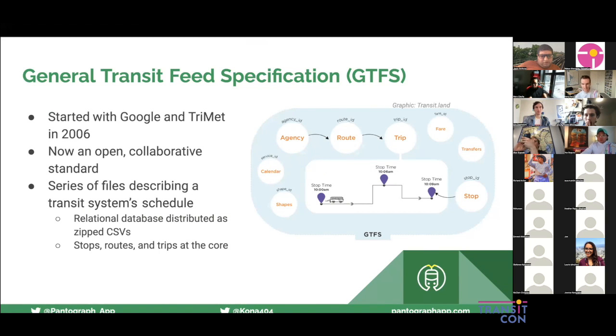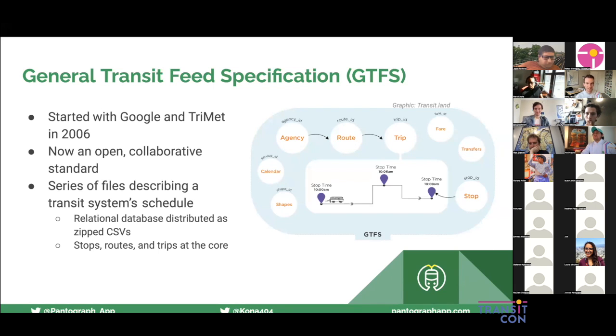This is the primary means that agencies have to communicate their scheduled service out to riders. This is very strictly scheduled information. This might be updated maybe every few weeks, or even more often every few months at a regular service change, kind of depends on the agency. It's been around since 2006. It was actually originally called the Google Transit Feed Specification because they helped develop it, but that was since changed to general, and it's now an open collaborative standard that is maintained and evolved by the community.